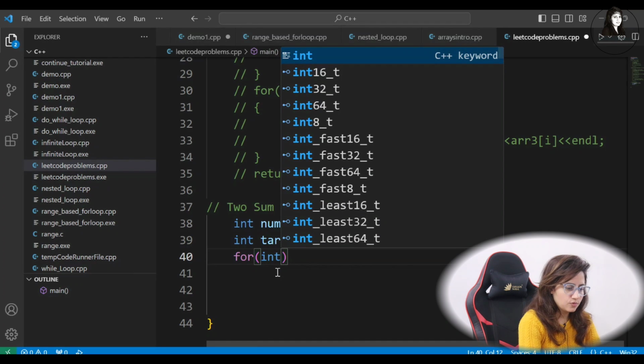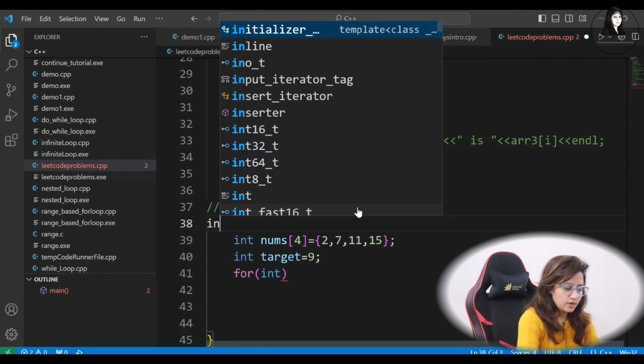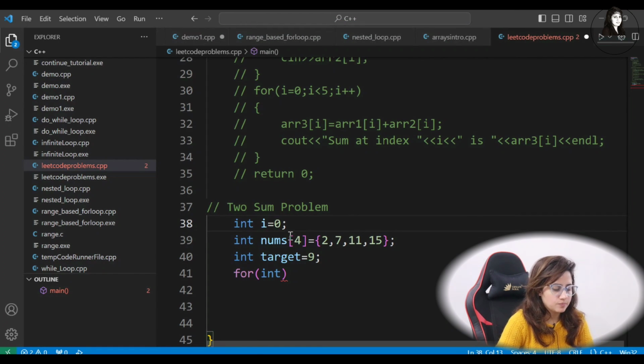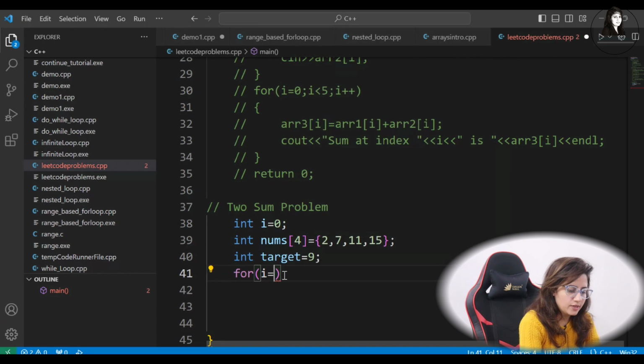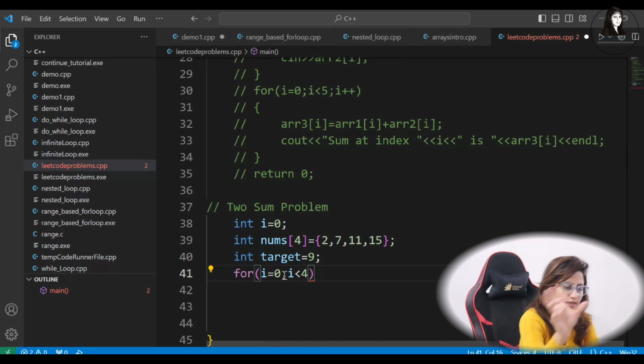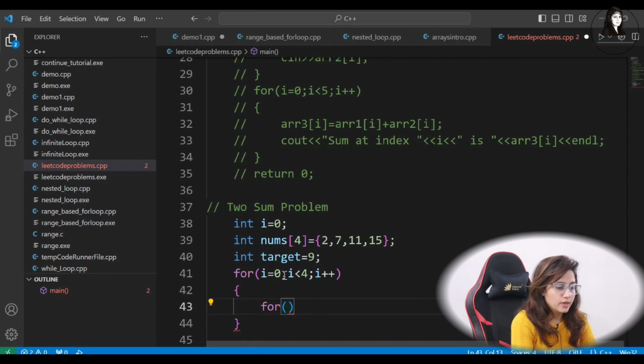One for loop is for, rather than again and again writing int and int, here we can just take int i is equal to 0, a loop variable, right? So here simply we can write i is equal to 0 and then i less than the size of the array, which is 4, and i plus plus. Now within this you have to take one more for loop,